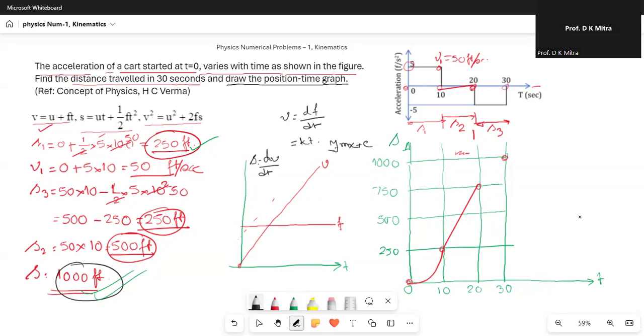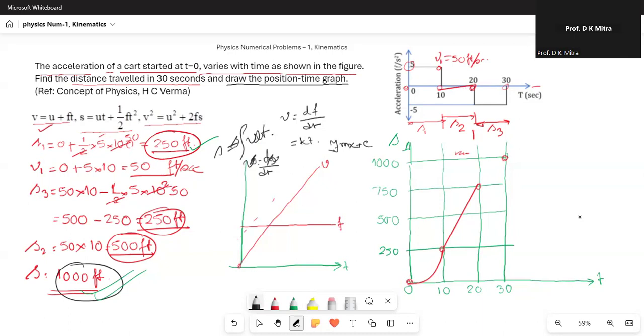And since velocity v equals ds/dt, therefore s is equal to the integration of v in the time domain,